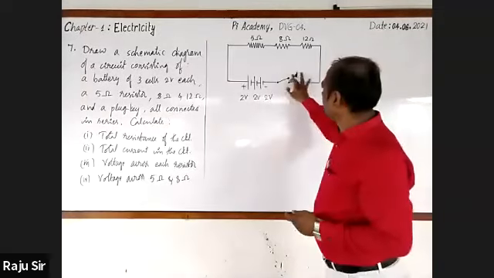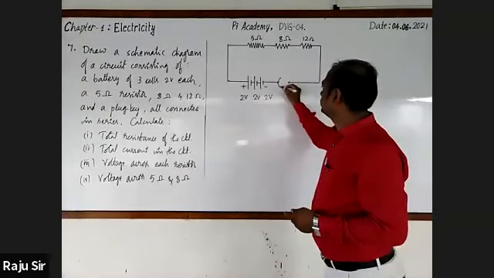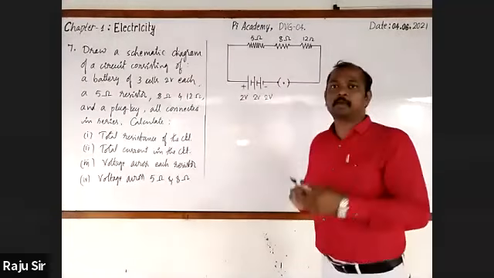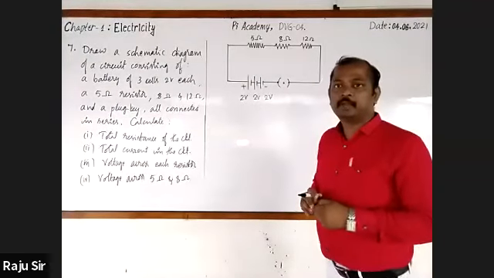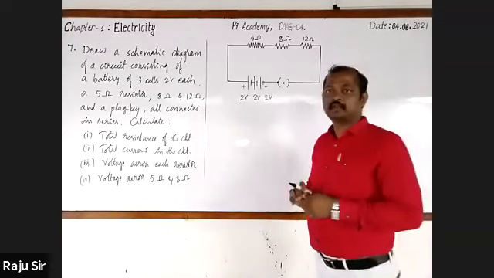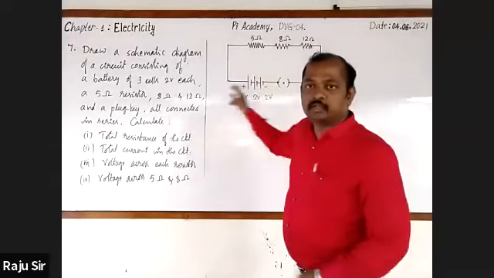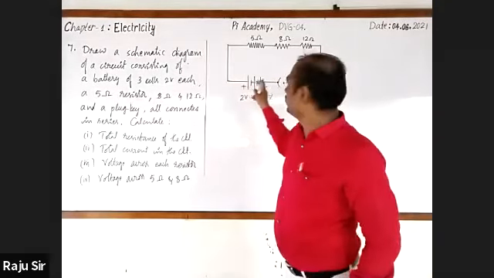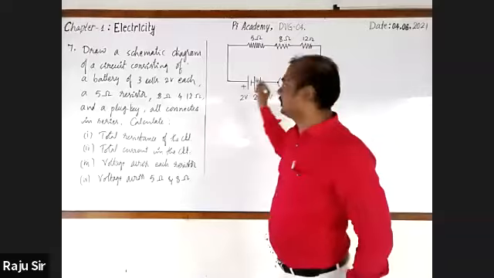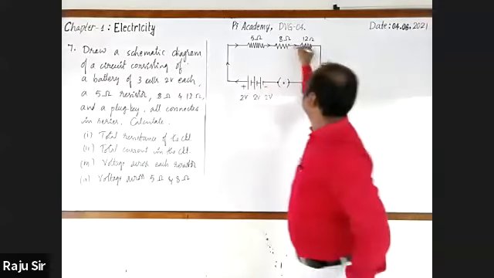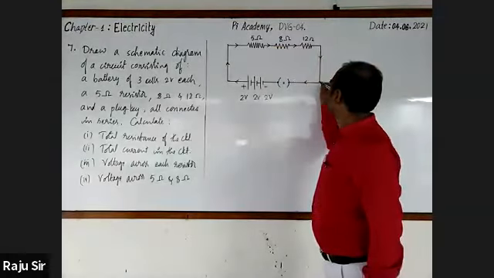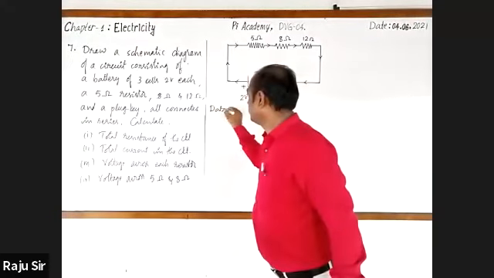Now let us go for completing the circuit by switching on, or by pressing the plug key. Now, you know that when the circuit is completed, current starts flowing from the positive terminal to the negative terminal. So show the direction of flow of current. Next, write the data. Please go on writing with me.